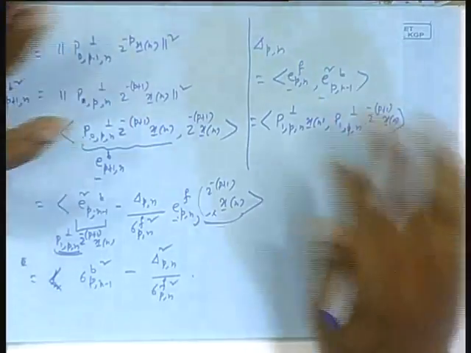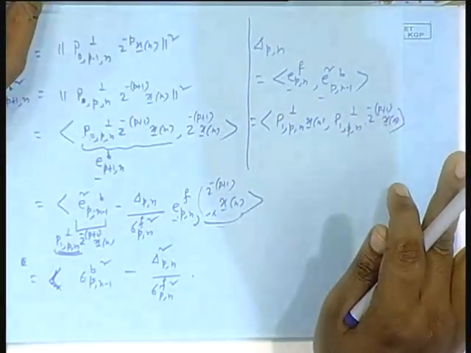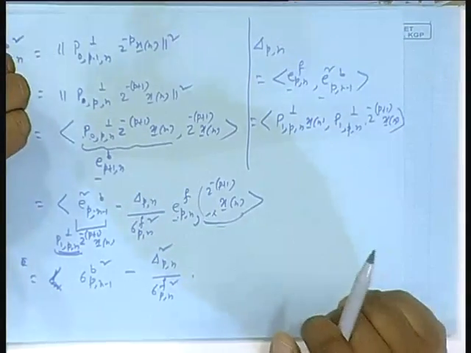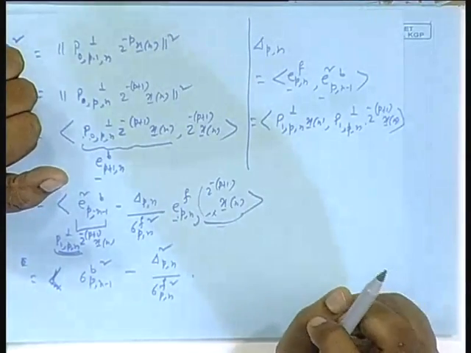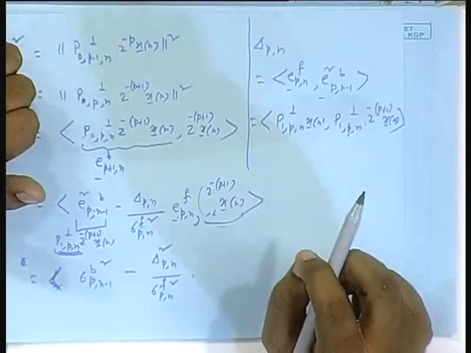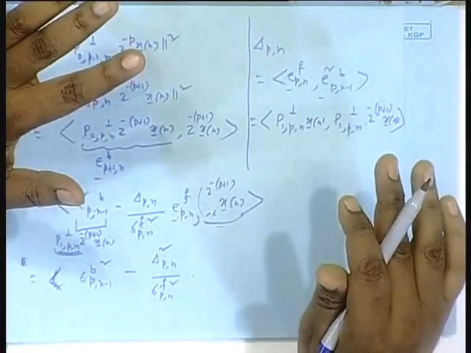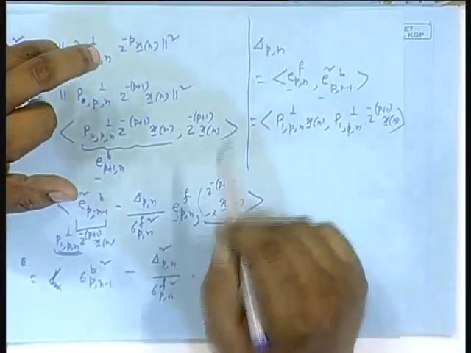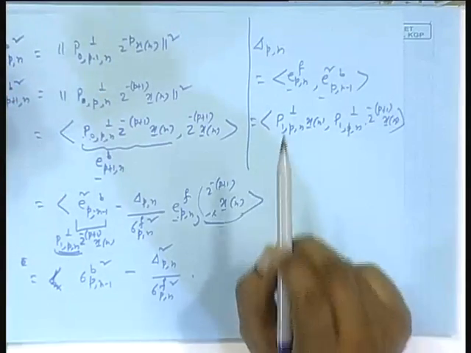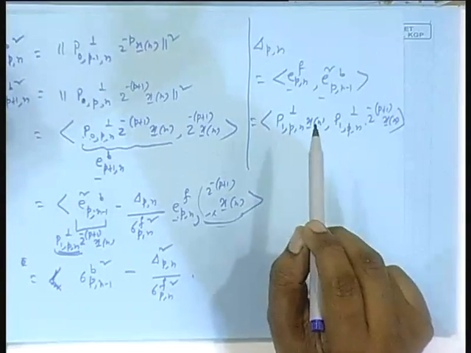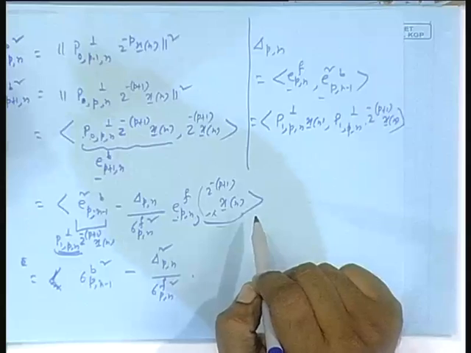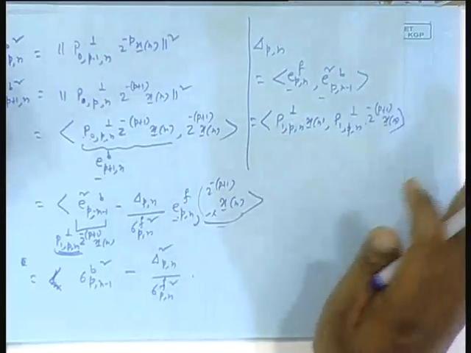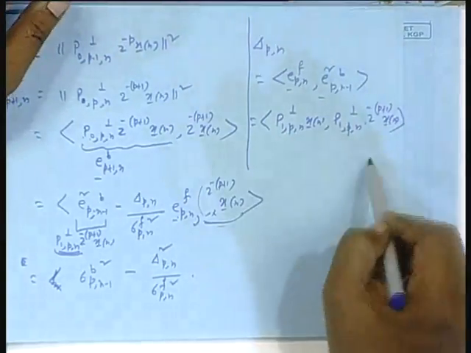This guy, you know, people tried various ways. Order recursion is not possible here, people could not find it out, but they could find a time recursion, that is, delta p n to be obtained from delta p n minus 1 and some expression. Not so easily, but at least time recursive: delta p n to be obtained for each p from delta p n minus 1, a separate time recursion, because order recursion is not possible. People found it out. We have to calculate the time recursion. Before I do that, let us do something, because that will not be possible entirely today.